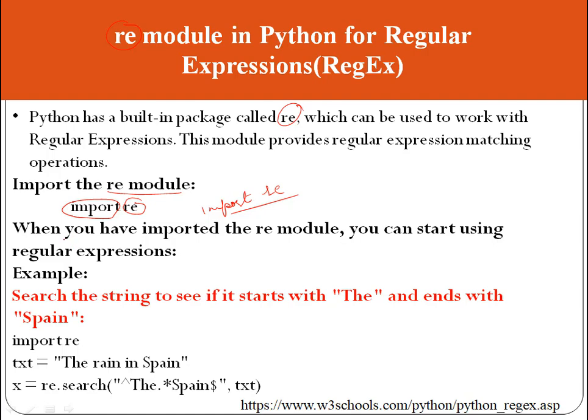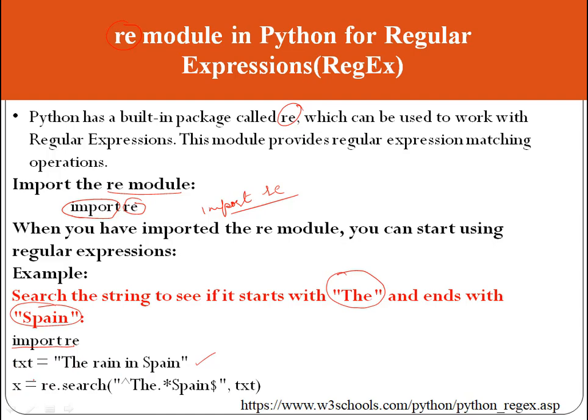Now, when you have imported the RE module, you can start using regular expressions. Let's see an example over here. What we want to do is search the string to see if it starts with "the" and ends with "Spain". We have imported the regular expression module, then we have assigned a string to the text variable: "The rain in Spain".